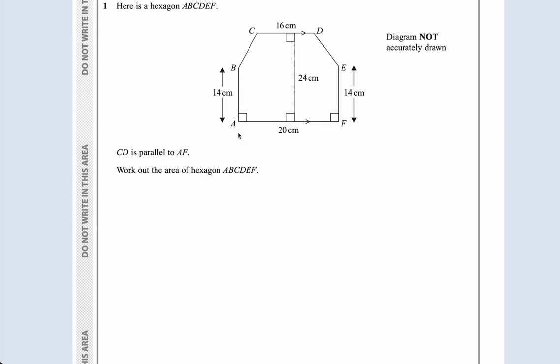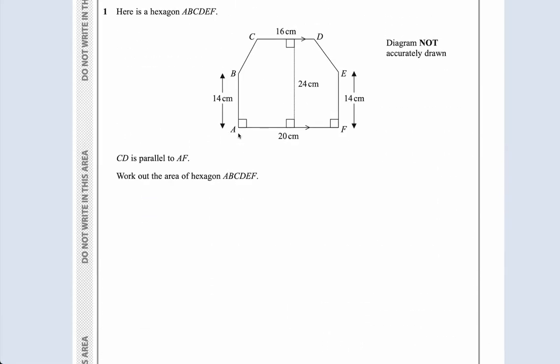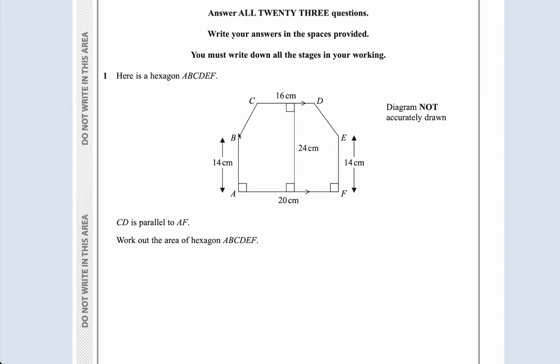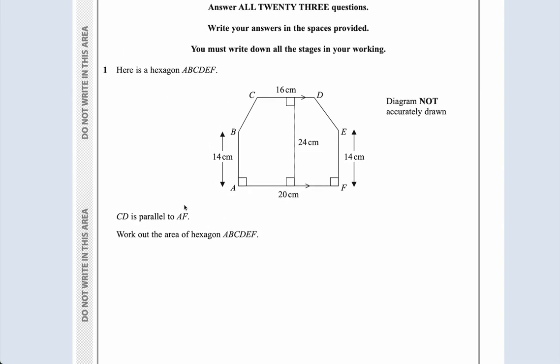here we go. Here is a hexagon. CD is parallel to AF. Fine, work out the area of the hexagon. Okay, so a few different ways you could do this. You could split it up into maybe triangles and rectangles, but the way they want you to do it is